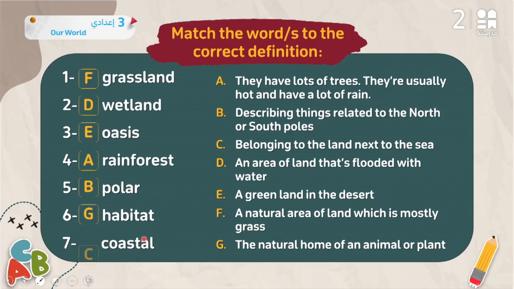Coastal من coast أو الساحل أو ساحلي. So coastal is belonging to the land next to the sea. يعني الأرض جنب البحر. So now I want you to open the student's book page 4. نفتح ال student's book مع بعض page 4. هنلاقي عندنا